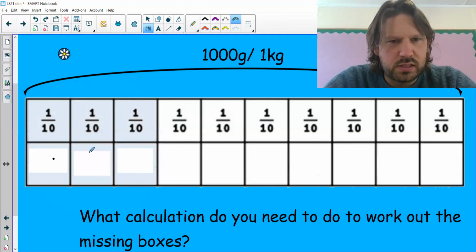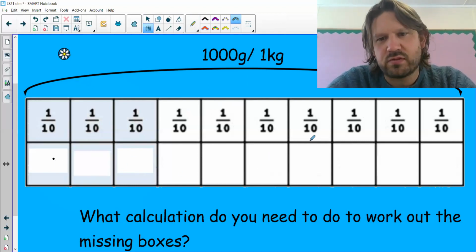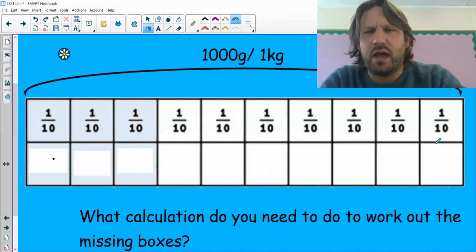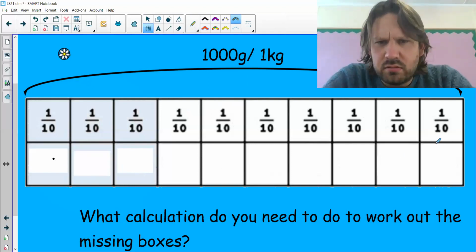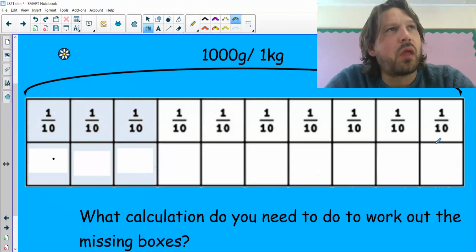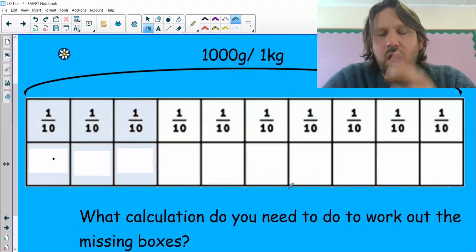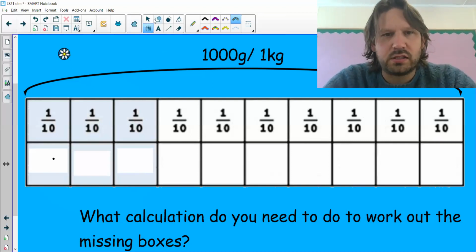10, 20, 30, 40, 50, 60, 70, 80, 90, 100. But you've still got quite a long time of doing that. So I'm going to think even bigger numbers. I could do 20, 20, 40, 60, 80. Or what I decided on in the end